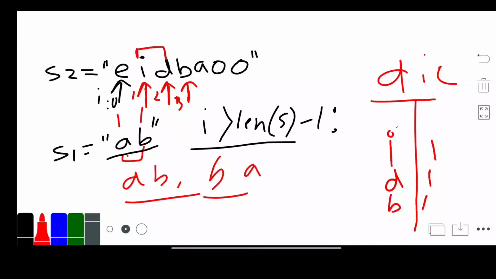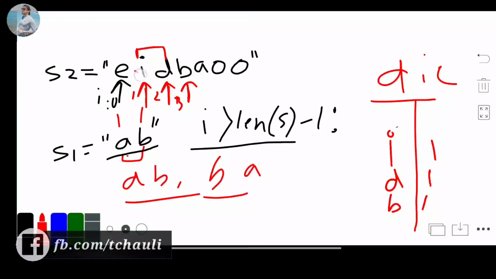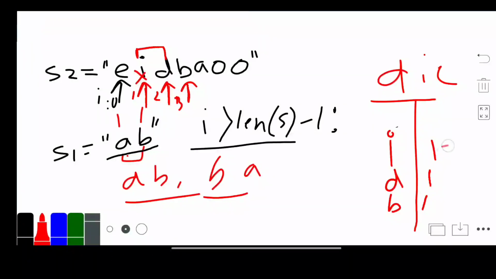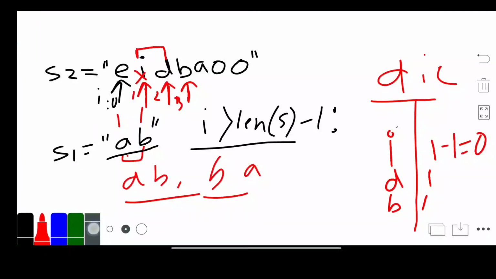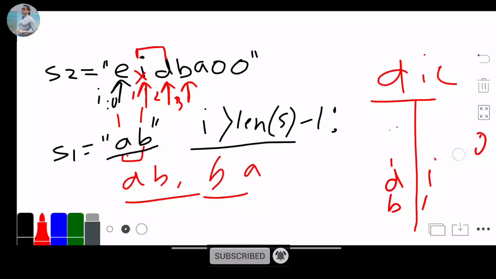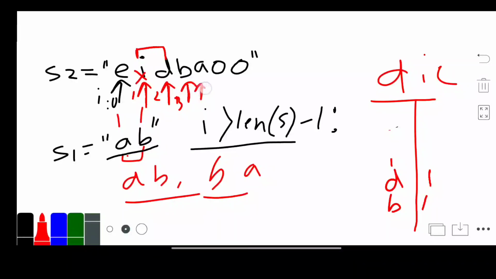So what we will do, we will eliminate this E, so we reduce by 1. Now our E is 0. If the value is 0, we remove it from our dictionary. We delete this key. Now we check our window BD. Is BD equal to S1's permutation? No, BD is not. So again we move to the next value.